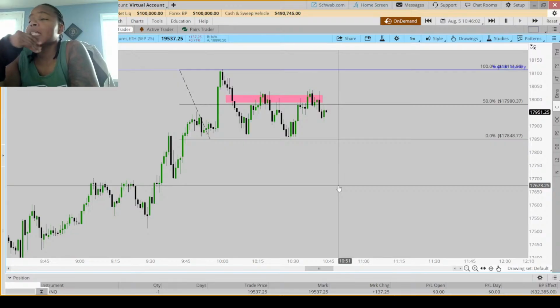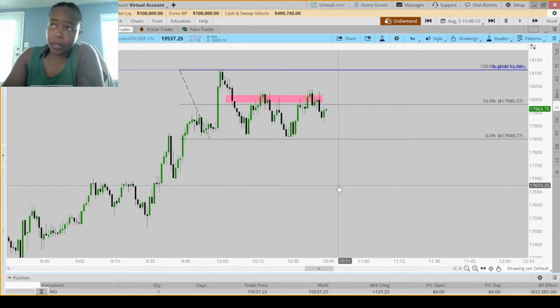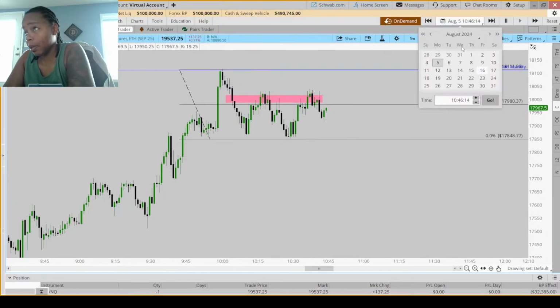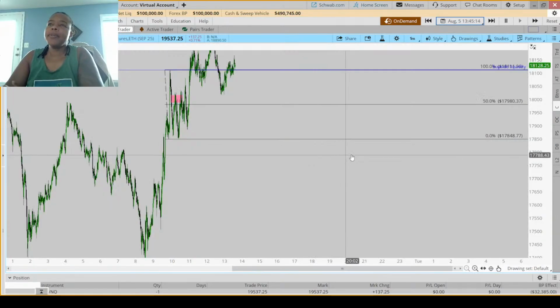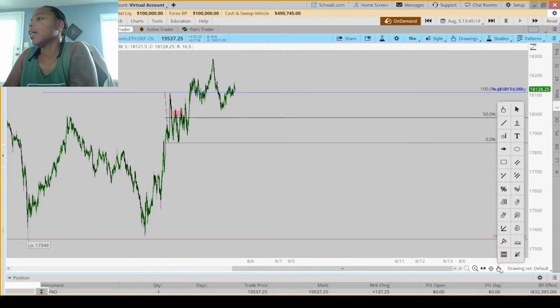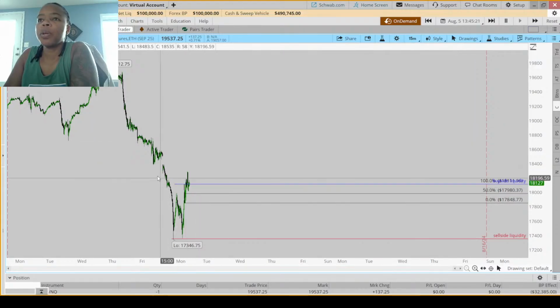It's a pity this on-demand thing doesn't let you exactly. It's choppy on the 5 minutes. It's just barcoding. So given that, and it's like 10:46, I don't think we're gonna get anything juicy. So let's fast forward this to the PM. Let's head to 13:45 on the PM. All right, and let's dip to the 15 minute and see what we have to work with.